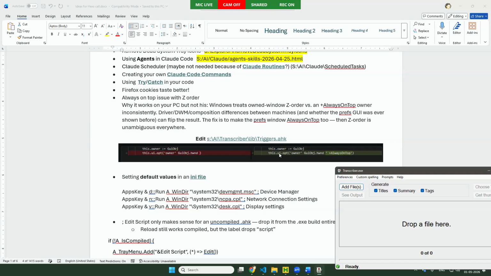So when you do GUI dot option, you can do multiple things in there. You can set a tool window and other stuff. You can set title, but you can also get ownership, and you can also add always on top. So this always on top is used when I create this GUI, but I have to tell it again to fix that thing, so the Z order would not get flipped. I have to set it again. Yeah, interesting.